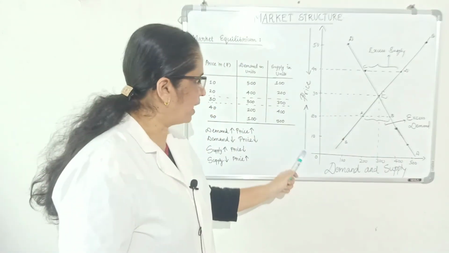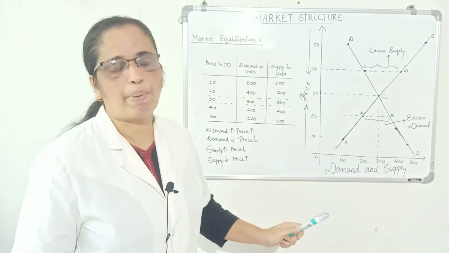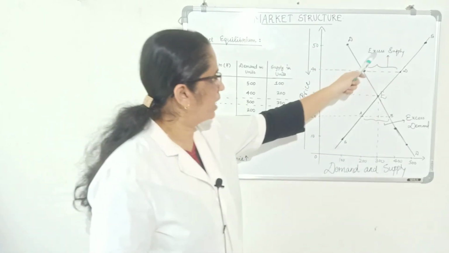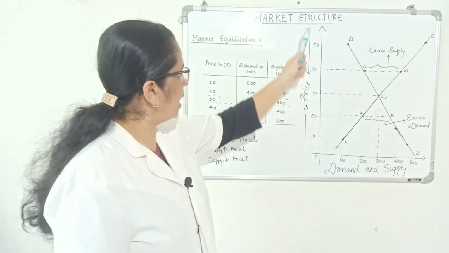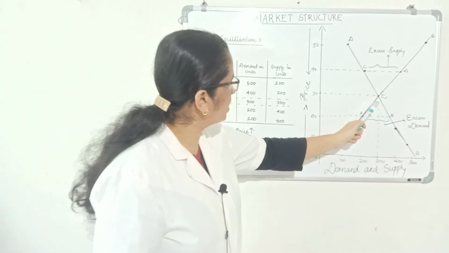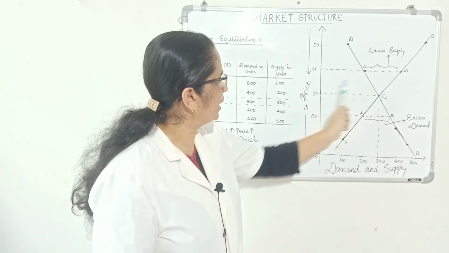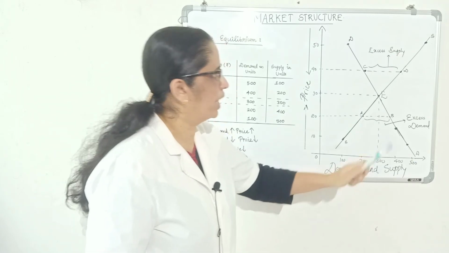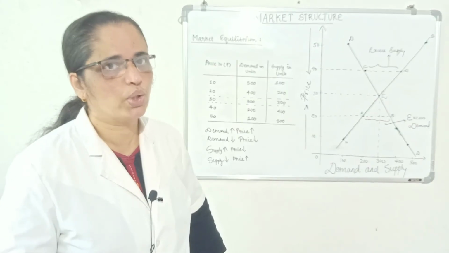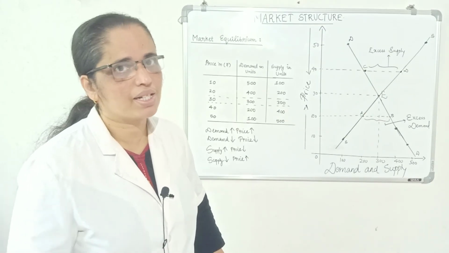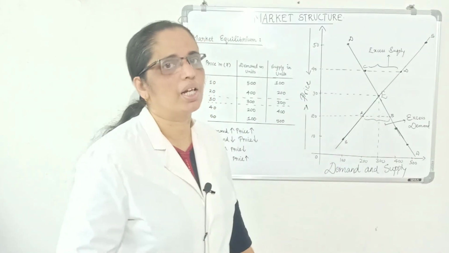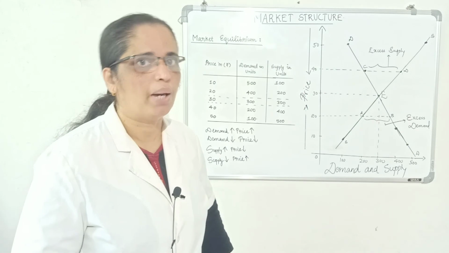Excess demand, price will rise, tendencies on the part of the prices to rise due to competition among buyers. Excess supply, tendencies on the part of the prices to fall due to competition among sellers. Prices are settled here, at point E, equilibrium price and equilibrium quantity. Here at this point E, there are no tendencies or pressures on the part of the prices either to rise or to fall. Okay, that is why this point is called equilibrium, a state of rest or balance.